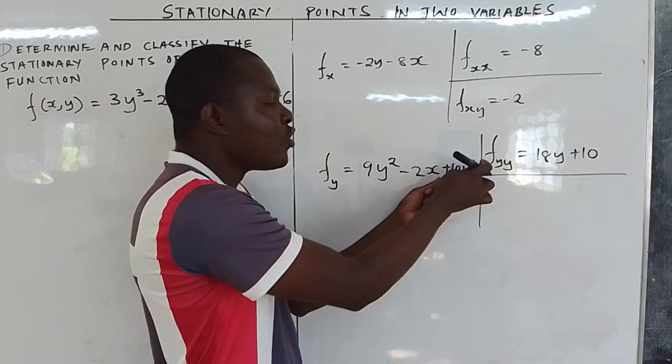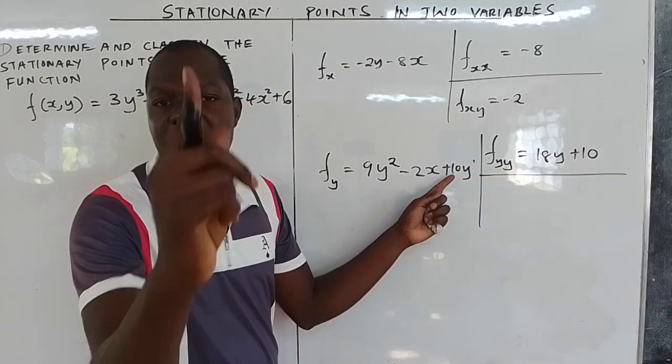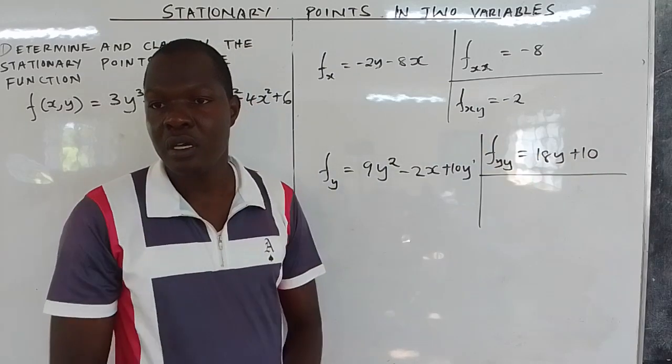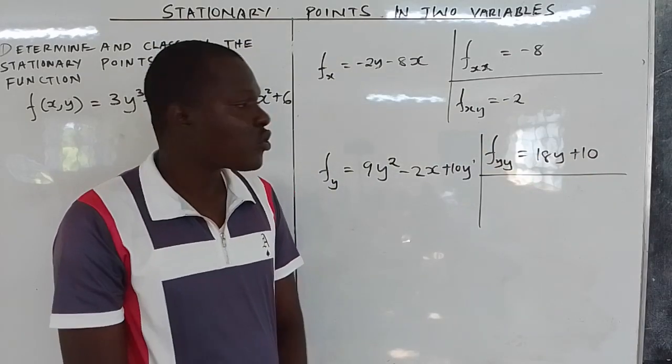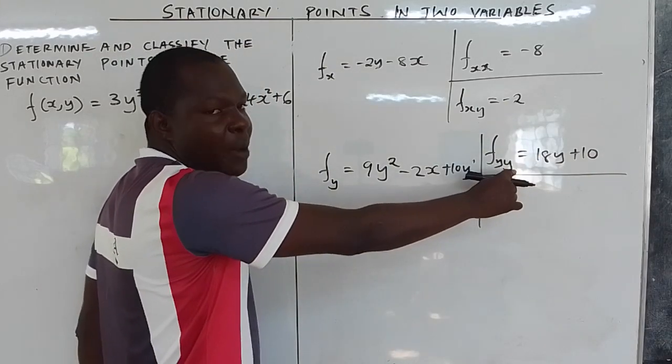So 1 times 10, you reduce the power of y by 1, y raised to power 0. Anything raised to power 0 is 1. We just remain with 10. Are we together? So that means when we did it for the second time with respect to y, remember here